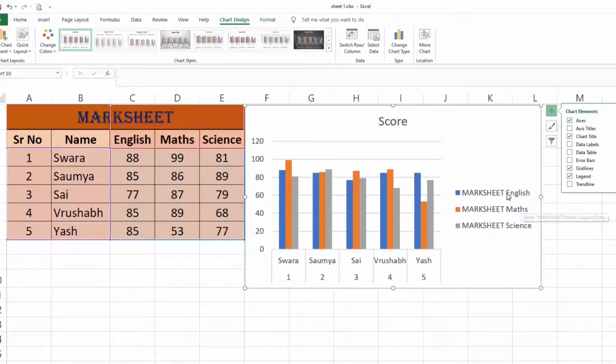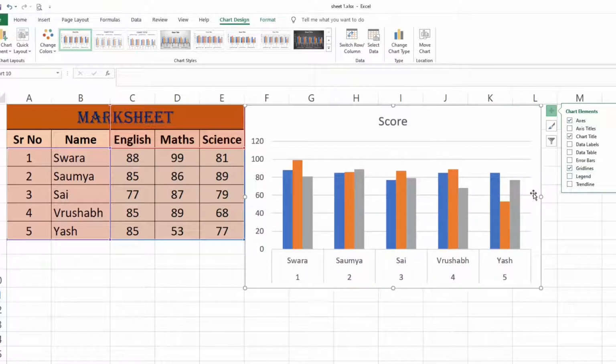So where you want to take that legend, that is your choice: right, left, bottom, top. It is now in the right side area. So these are many options for the chart elements. You can use that from the chart design tab or by clicking on plus sign.